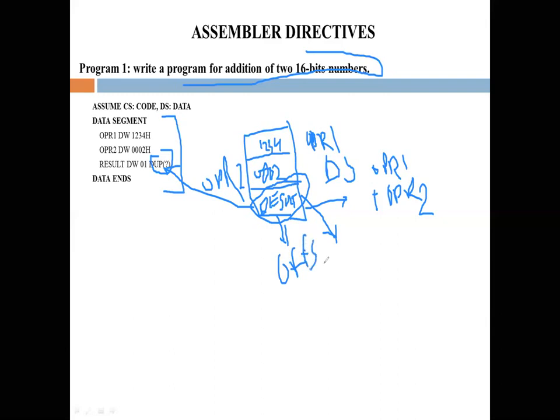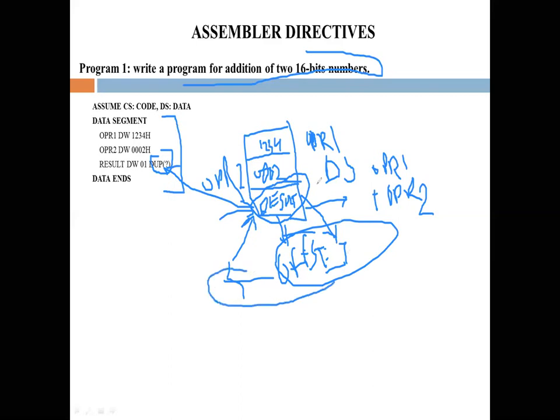That's why we use the offset directive in our program to find the physical address of the result. After finding the physical address of the result, we will move the result value into the accumulator.